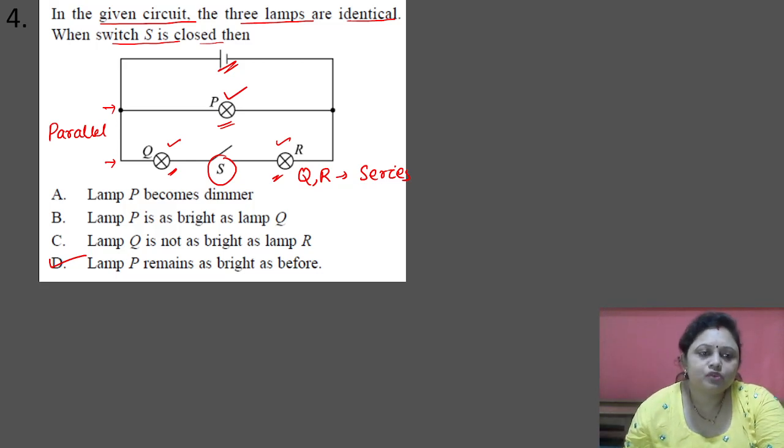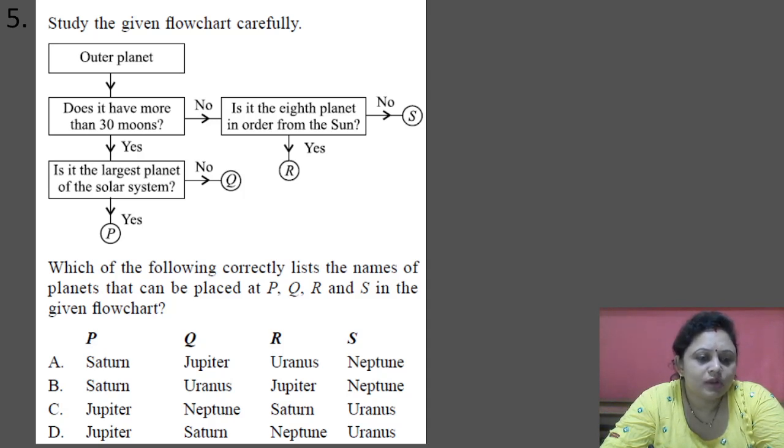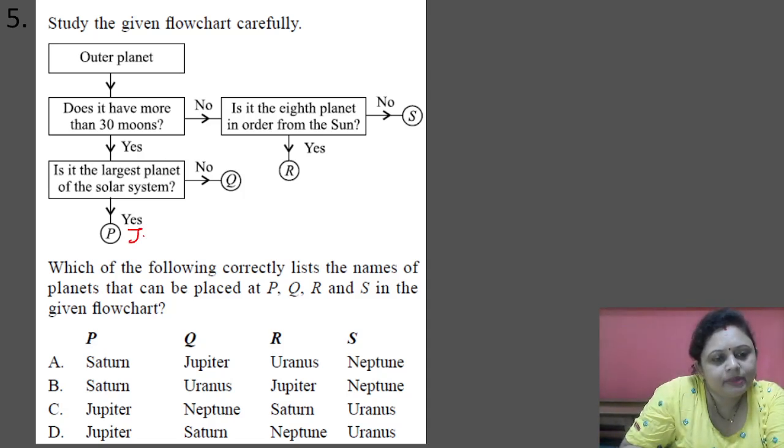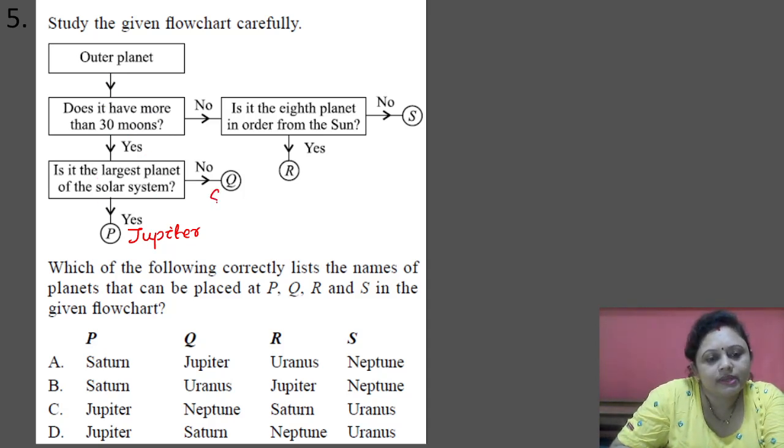Okay. Coming to the next question, study the given flowchart carefully. Outer planet, does it have more than 30 moons? Yes. Is it the largest planet of the solar system? Yes. And it is P. So it could be Jupiter. Then the next one, Q. Outer planet, does it have more than 30 moons? Yes. Is it the largest planet of the solar system? No. So it could be